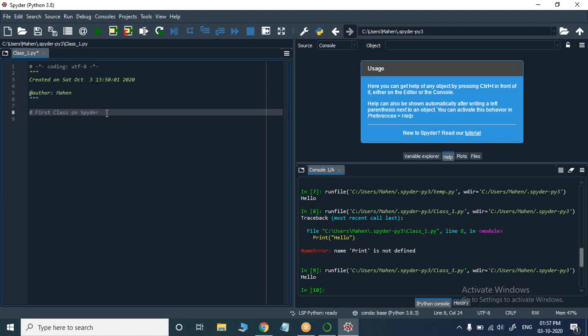Now, after that what do we do? As soon as you open a file, just recall your days of programming. As soon as we load, what do we load first? Libraries. Exactly.